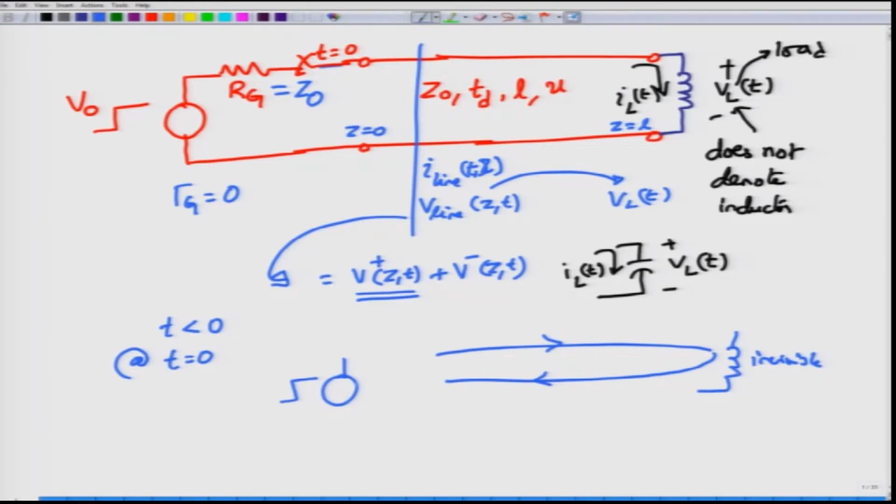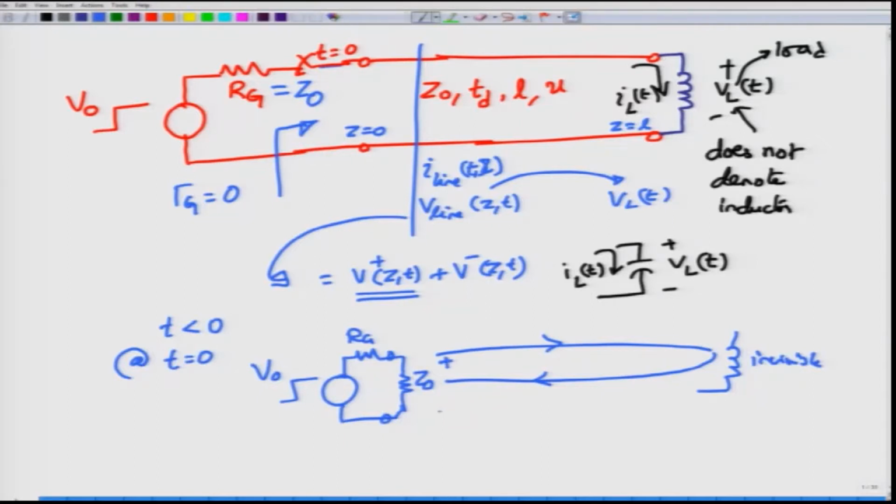Only when it comes back, then the load, which is inductor, capacitor, or it could be anything, becomes visible to the source here. So we have an amplitude of V0, there is an internal resistance of Rg. So as far as the source is concerned, at time t equal to 0, you actually see the characteristic impedance of the transmission line as the input impedance. So the impedance seen looking into the input terminals of the transmission line will appear as the characteristic impedance Z0, because that is what the source can actually see at t equal to 0.